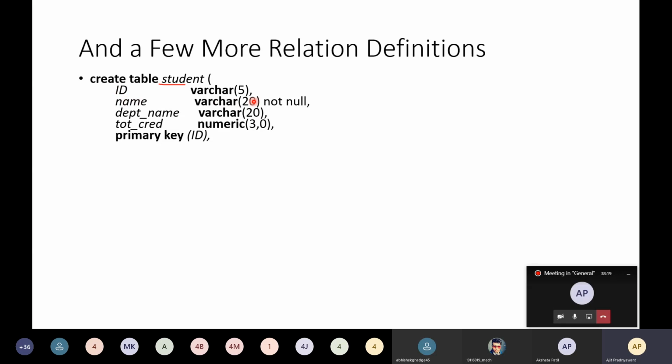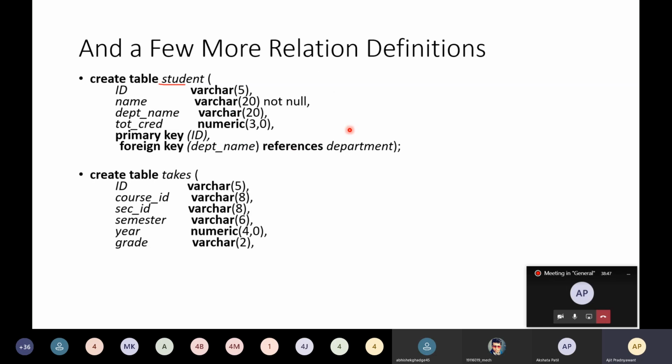Name varchar 20, and here the integrity constraint is not null. Department name varchar 20, total credits numeric 3,0, and here the primary key is ID, and then the foreign key is department name, references department. So this is how you create the table and mention the integrity constraints while creating the table.